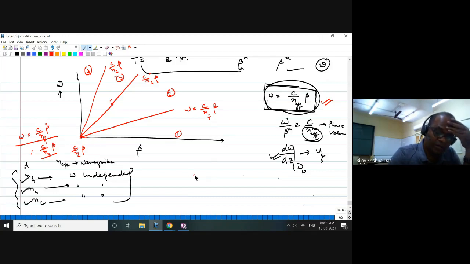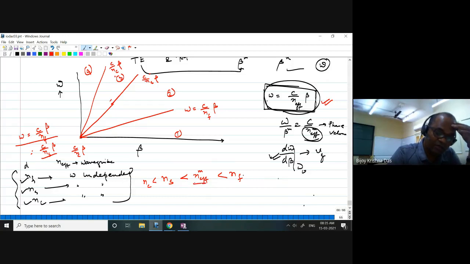So I know that N effective for any mode, m equal to 0 or something like that, should be greater than NS and less than NF. That analysis we have found and established earlier, because NC is always less than NS. So I should see effective index solutions above NS and below NF.